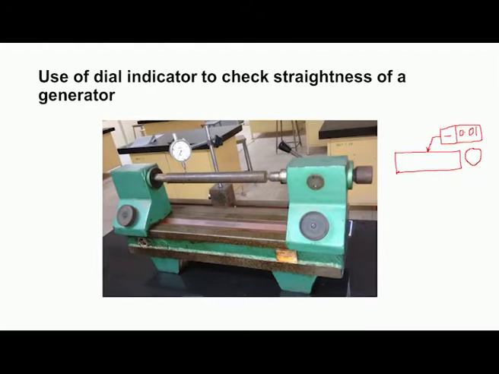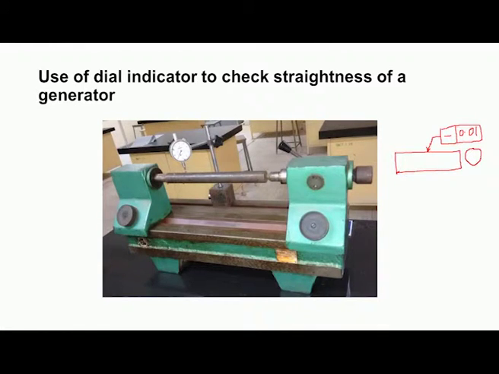The magnetic stand is placed on the guideways, and the stylus or probe of the indicator is placed on the topmost generator, so that it is perpendicular and touching the topmost generator. We should take the reading at this point, or adjust it to 0, and slowly move this